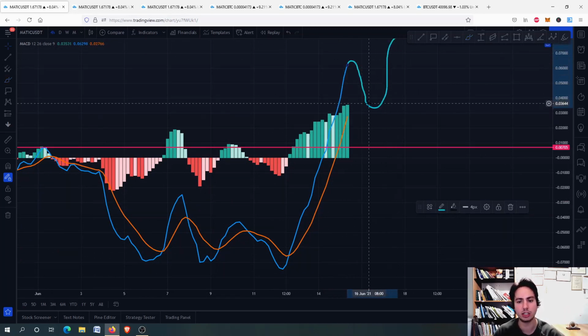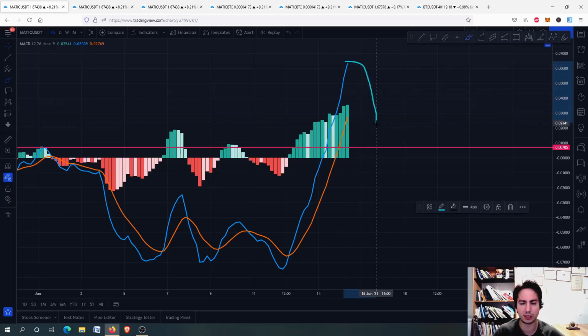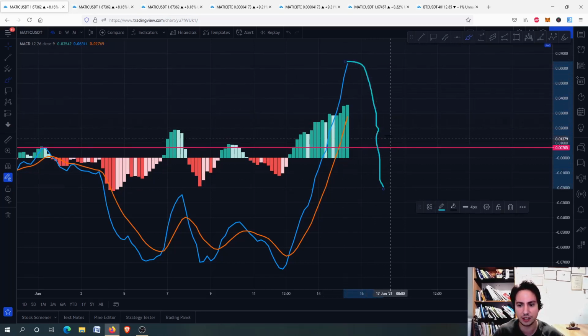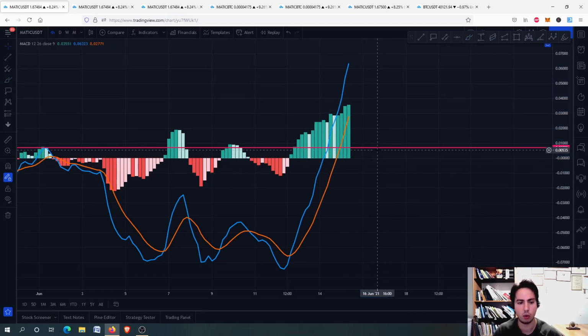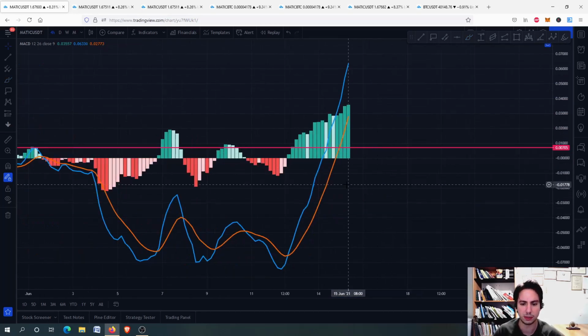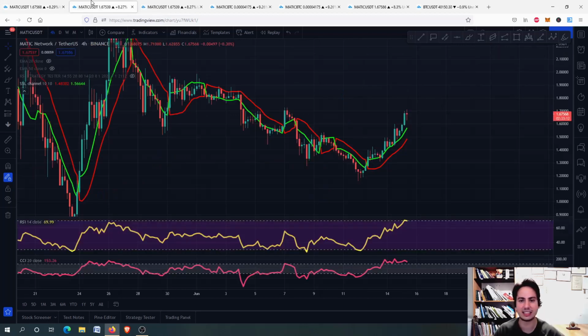Even if we have a bearish cross between the two lines, we won't mind, as well as even if we go a little bit down. But what we don't want to see, guys, is eventually go further down from this line. Eventually, if we go all the way down, then this won't be good. For now, we stand pretty fine in the 4-hour frame for the MACD. We are set and ready to go to Polygon against USDT, guys.